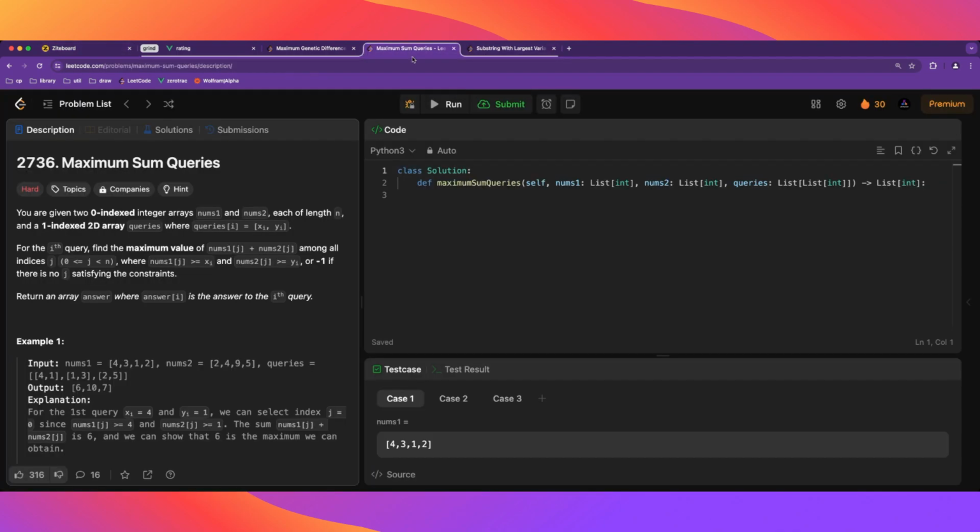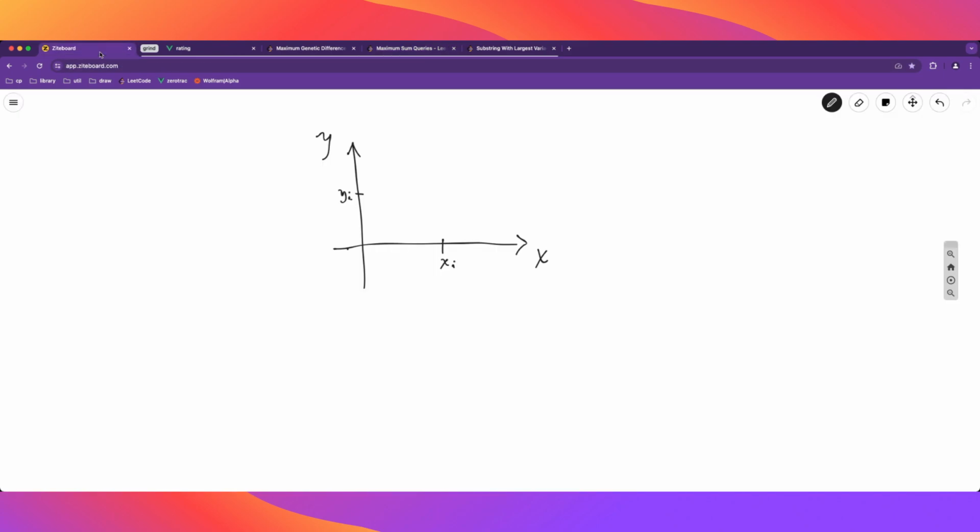We're given an xi and a yi, and find the maximum value of the sum among all indices. Okay, so we have to search for